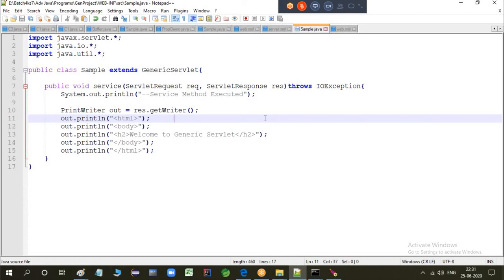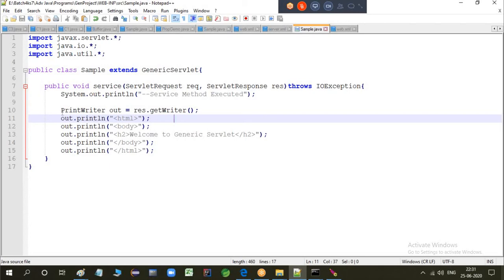Okay. So this time, what I will do here is I will use input for HTML page as well. I wanted to create some form page. I wanted to create one HTML page. Because this is the response page.